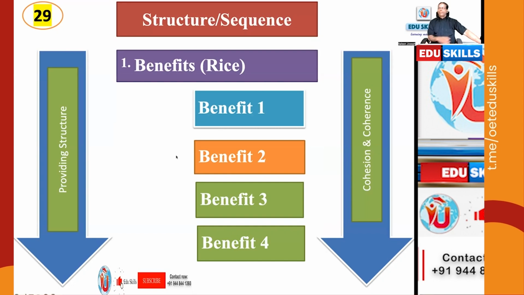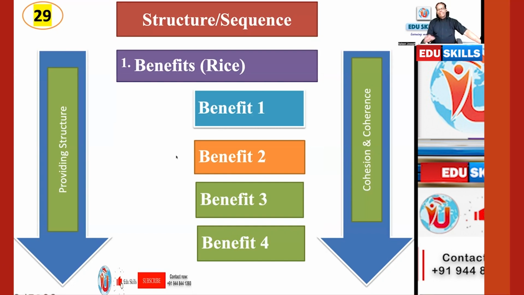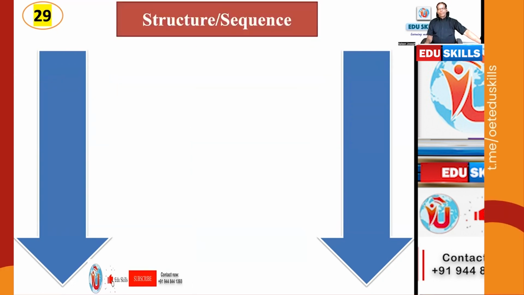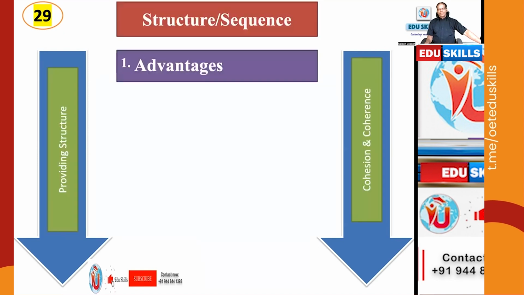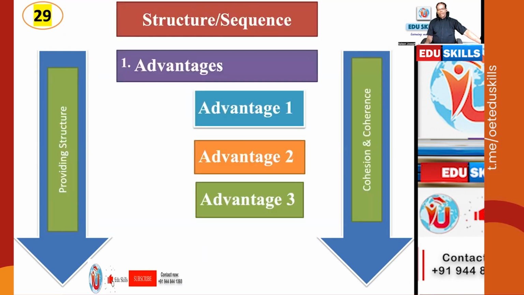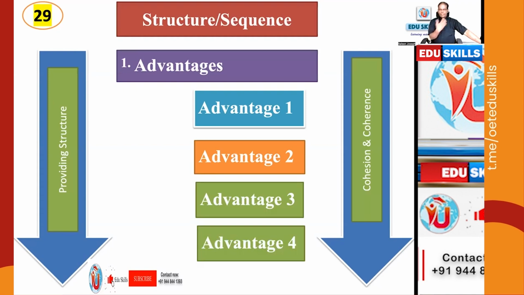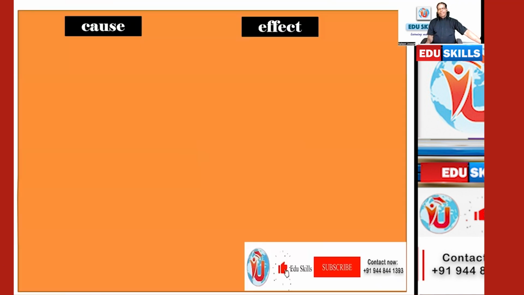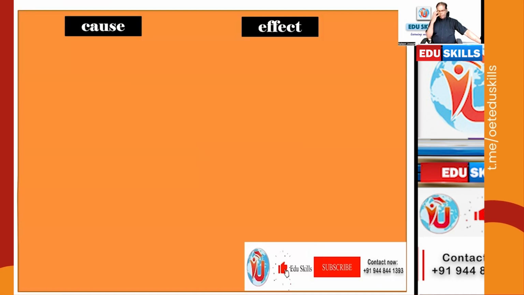Without reading everything or scanning the text, you can just skim and find the answer. That's how you beat it. Or else it can be advantages: advantage 1, advantage 2, advantage 3, advantage 4. It can be disadvantages: disadvantage 1, 2, 3, 4. Okay. So what is important is to fix in your mind, inscribe in your mind,